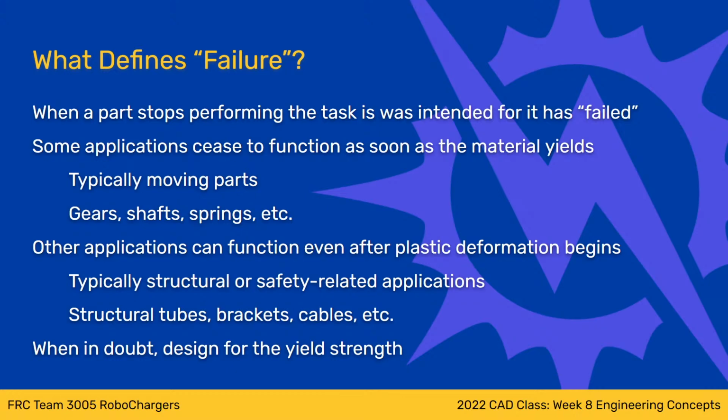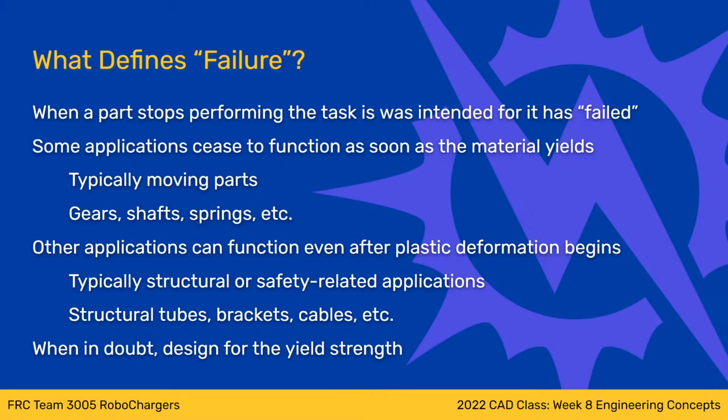So obviously, generically speaking, if that part is not able to perform the function that I need it to perform, then it's failed, right? That's a pretty obvious answer to this whole problem. However, defining what it means for something to not work anymore, quote unquote,